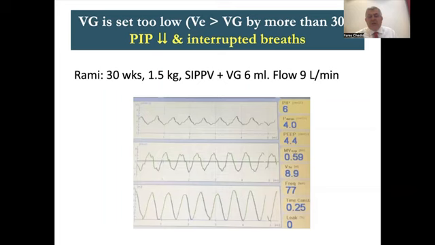So the solution for this case is not to extubate. Try to give him his 5 or 6 ml/kg. If he still wants 10 or 11 or 12 ml/kg, which they do sometimes, and you don't want to give it because it's unsafe, just take the VG out and please put the PIP up to 16 or 14, and he will calm down very quickly. His respiratory rate will go down to 40 and that gives you time to extubate him.